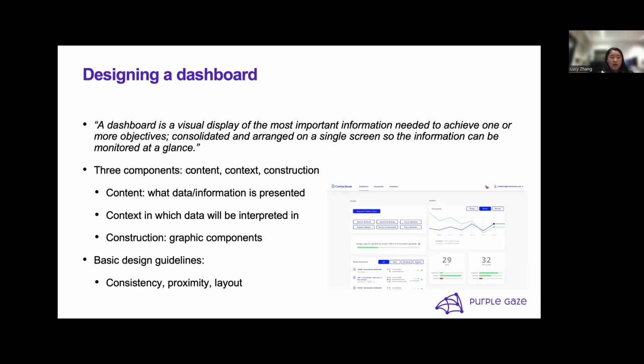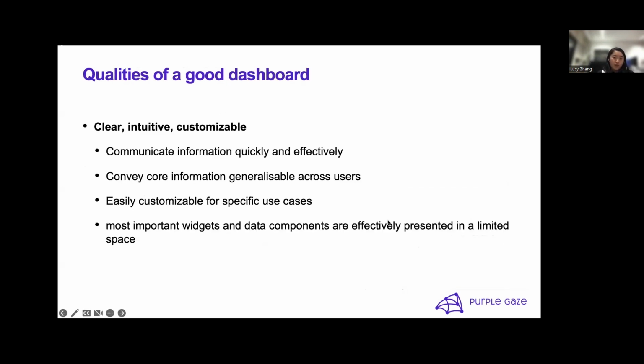Proximity is if you have related data, so like if you're extracting features from the same section or related things, then you want to put them together to facilitate interpretation. And then layout is just simply having a clean layout, don't overcrowd the screen. And so, just to reiterate, you want a good dashboard to be clean, intuitive,